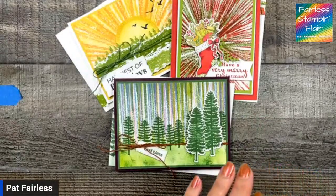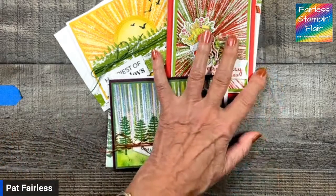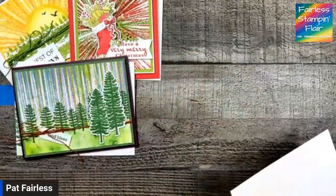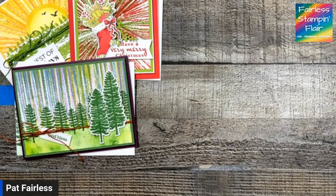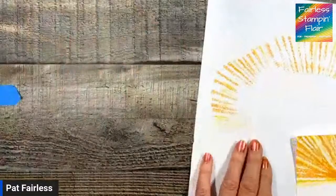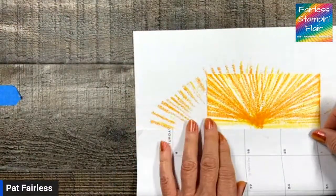It's much easier than I thought. And I did mention I might show you if I use a mask. I don't have any great supplies for a mask, but I can give it a shot. Let's just take this and we'll show you what happens just for grins, because you may want to use a mask. So let's just fold this over